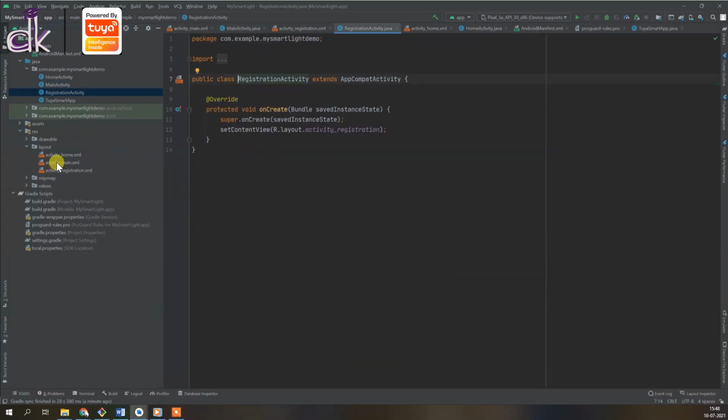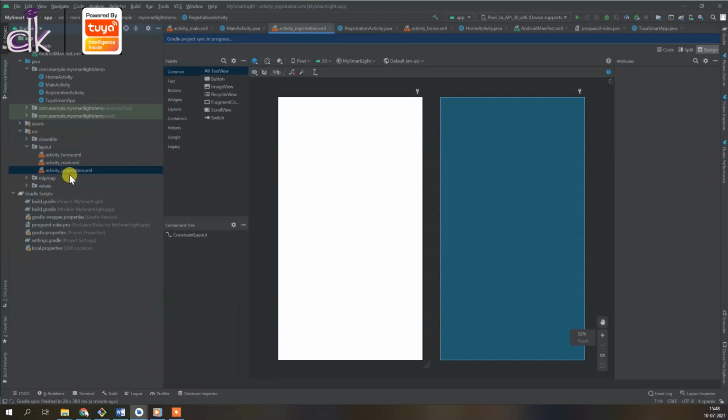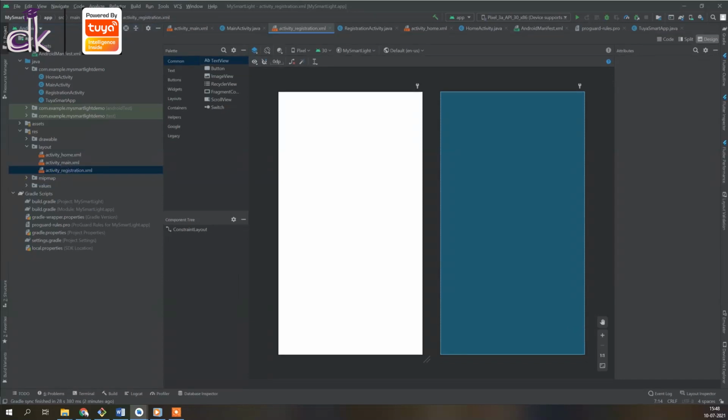Okay, so under registration activity, just click on the activity underscore registration layout. So here again, you're going to repeat the same process. So first thing is adding the edit text. So you need 3 edit texts. So do the same thing.